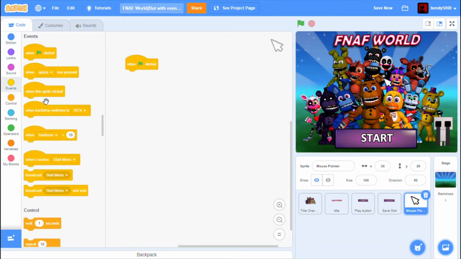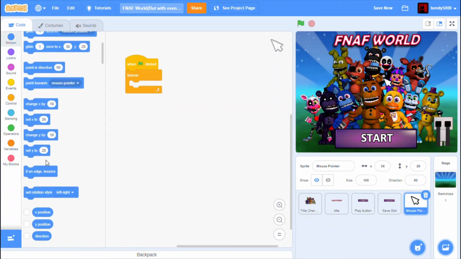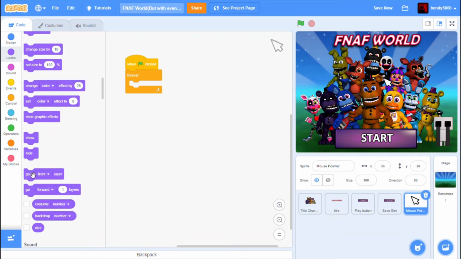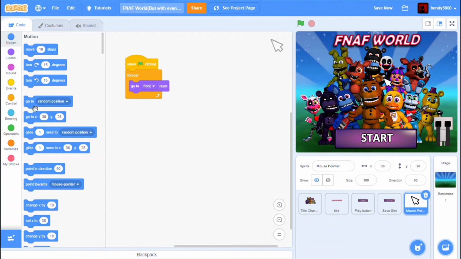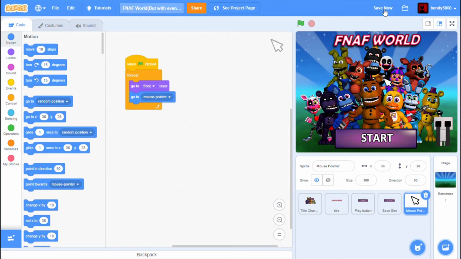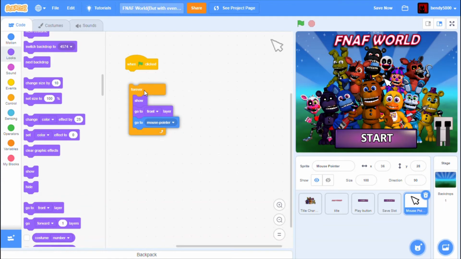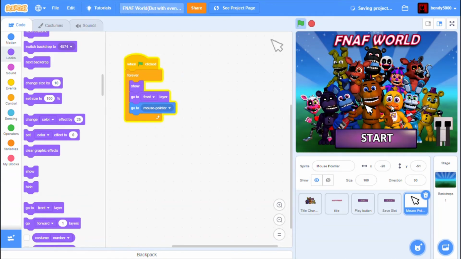So we'll do when green flag clicked, forever. It has to go to front layer and also go to the mouse pointer. Has to always show. Just put it there. So we have the mouse of FNAF World,